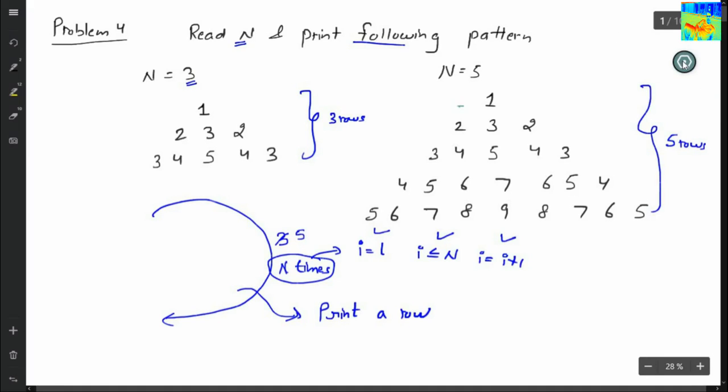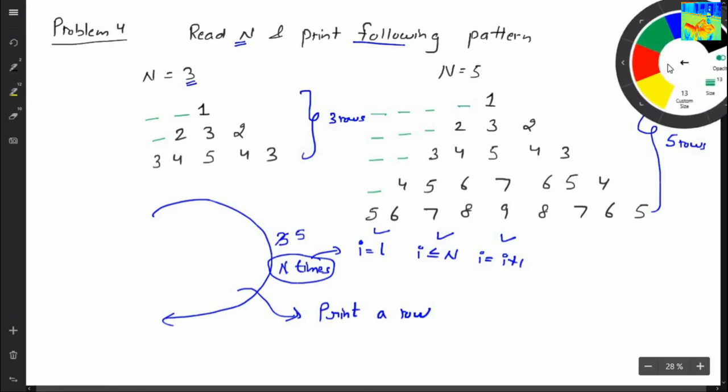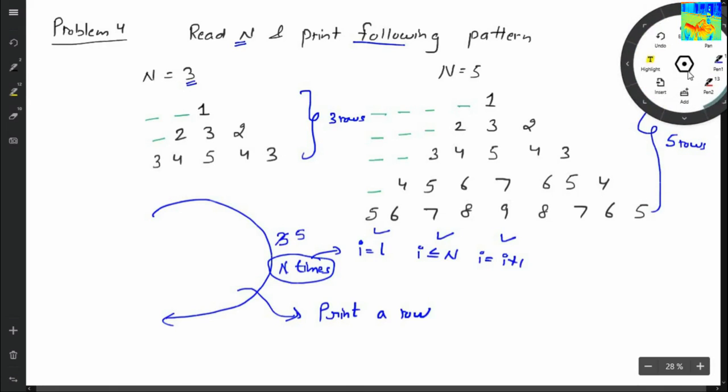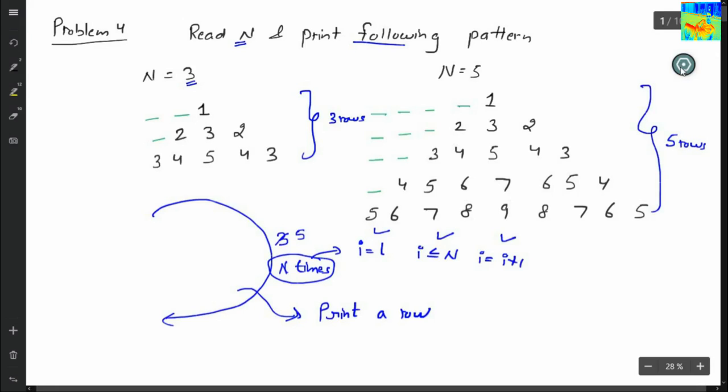Here you can see I am having spaces. Similarly, here I am also having spaces. So how can I print a row?